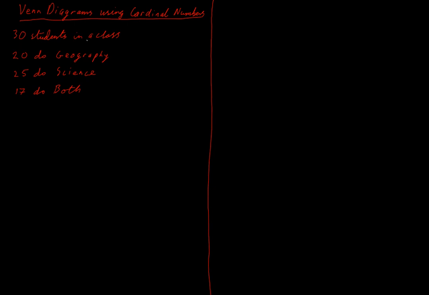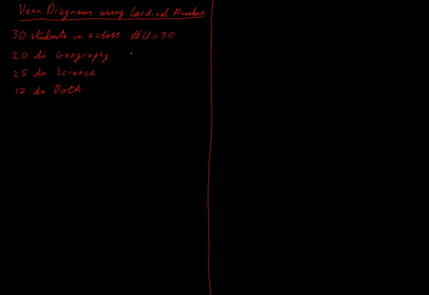Now, everyone we talk about in this question is in the class. So that means that the number of people in the class is our universe. So the cardinal number of our class is the cardinal number of the universe, because everyone we're talking about is in the class. That means that our universe is the class. So the cardinal number of the universe, or the cardinal number of people in the class, is going to be